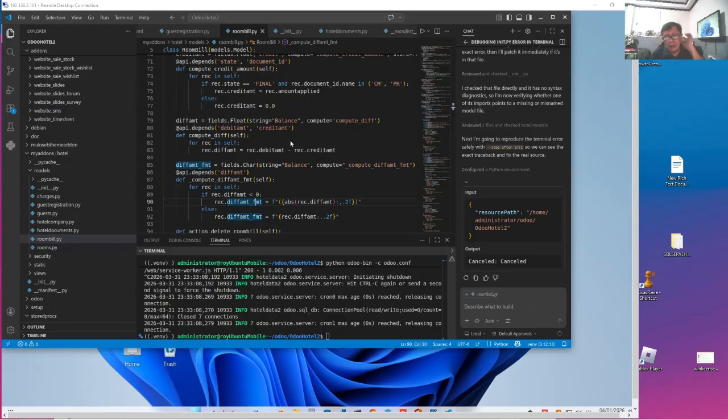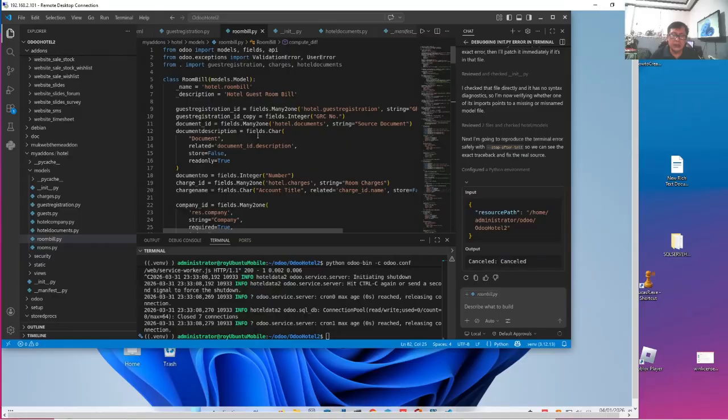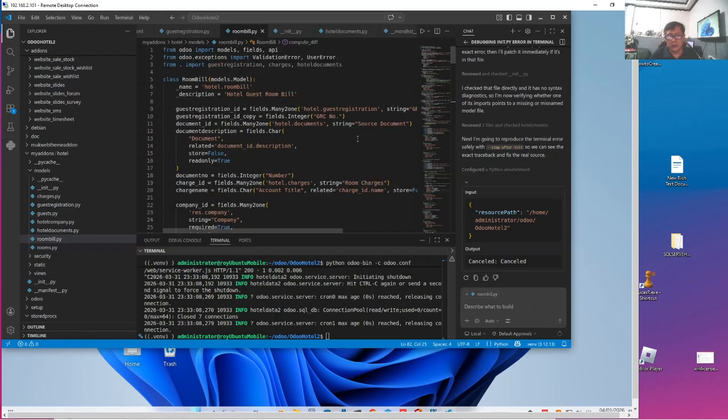Okay, so this is called room bill.py. Let me show you. I'm not going to delete the functions because I've already created this before, and I want you to see the whole application itself when it's running, and deleting the functions may not show the buttons, so I will have to preserve this. Anyway, I'm going to show you this in the description below.